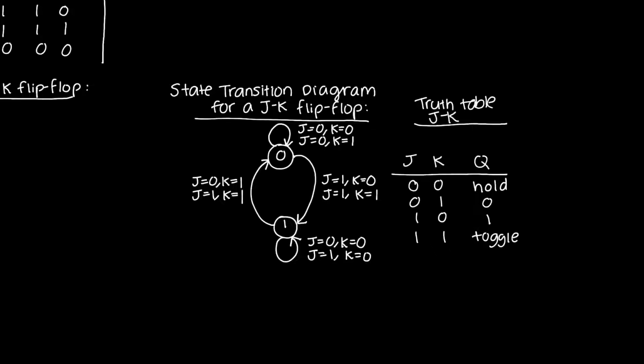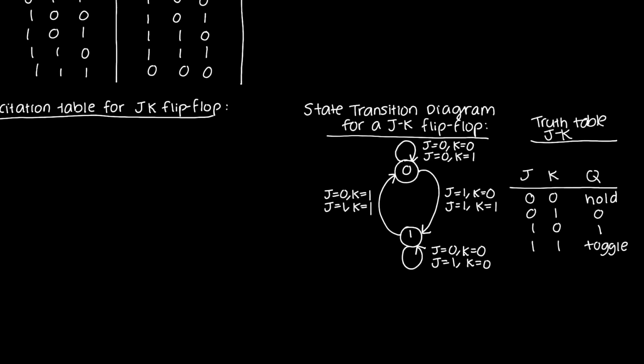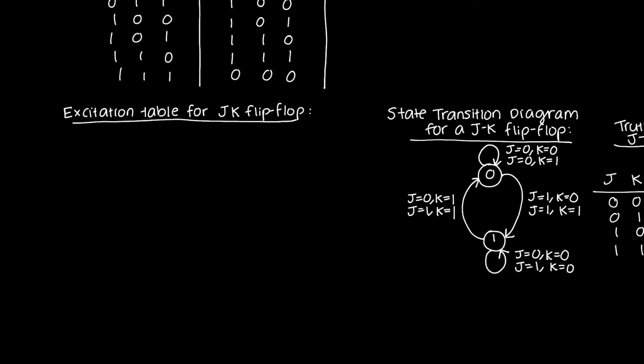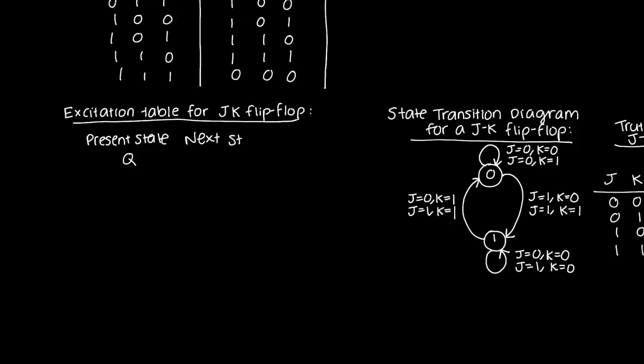You see that for this transition, it doesn't matter what the value of j is. As long as k is high, the Q output will transition from 1 to 0 at the next clock edge. And now we can go write our excitation table. In an excitation table, I have a present state, Q, a next state, Q plus,